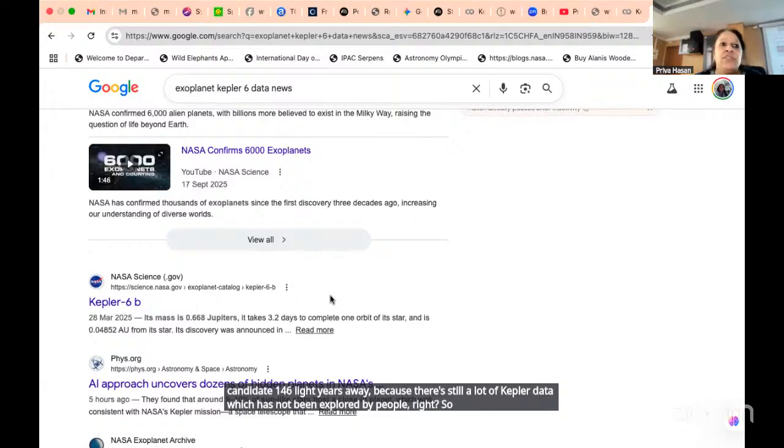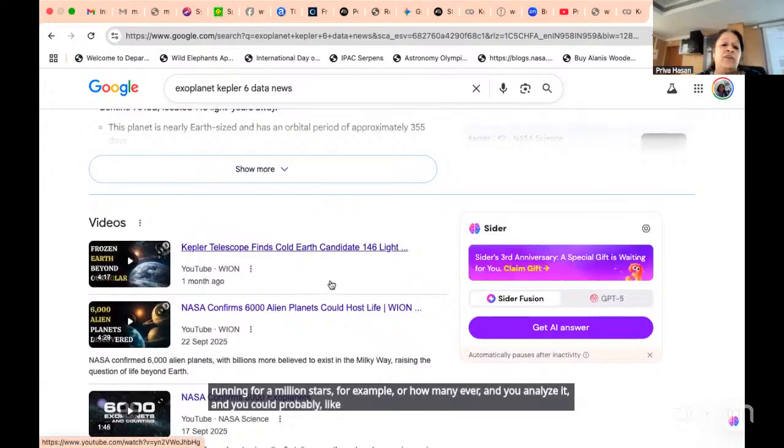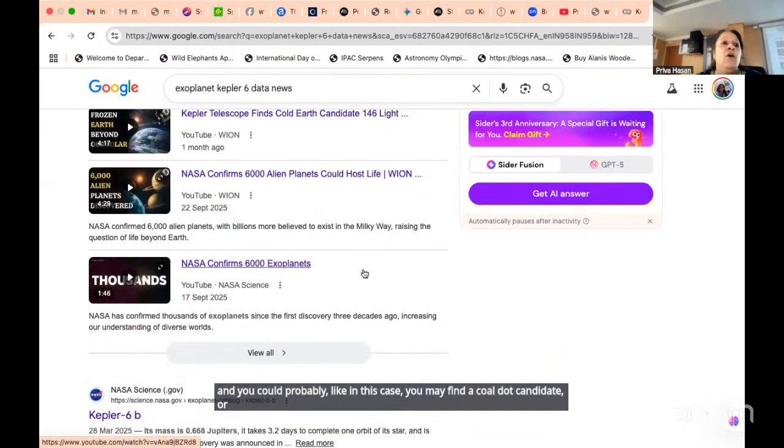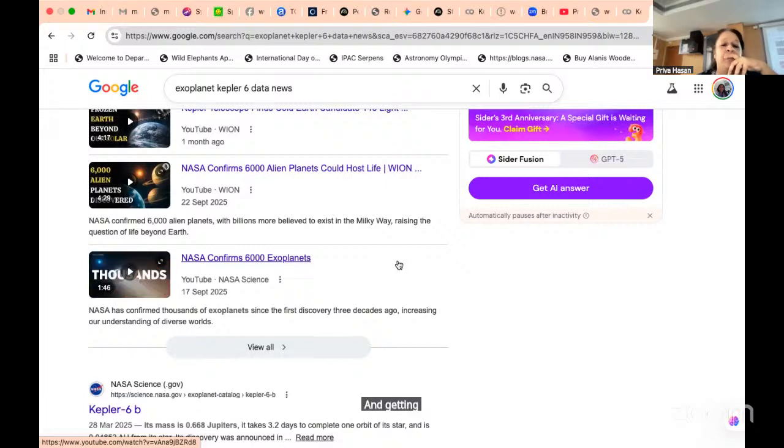So if you get into analysis, maybe you can use machine learning. That's the standard way of doing it. And you run it for not one star, but you're running for 1 million stars, for example, or however many. And you analyze it, and you could probably, like in this case, you may find a cold Earth candidate, or you may find various. Often you see these things which come, TRAPPIST ones, or various sources, because people are still analyzing Kepler data. Kepler is an old story, but not all the data has been analyzed, right? So there's still lots of potential in analyzing Kepler data and getting values from that. So I'll end with this,